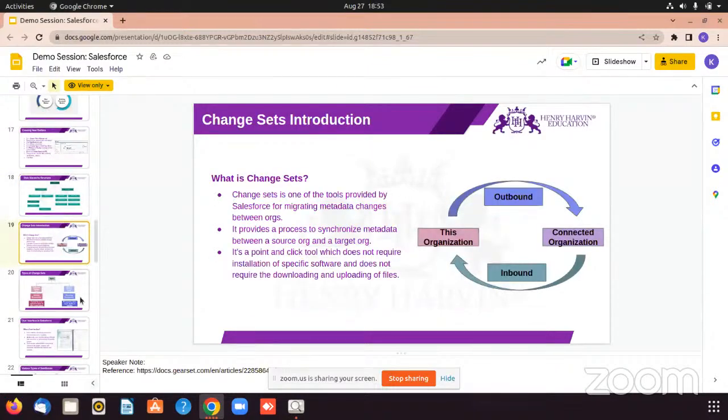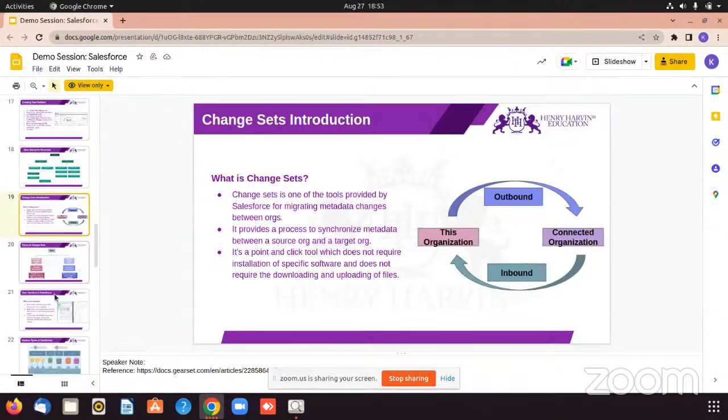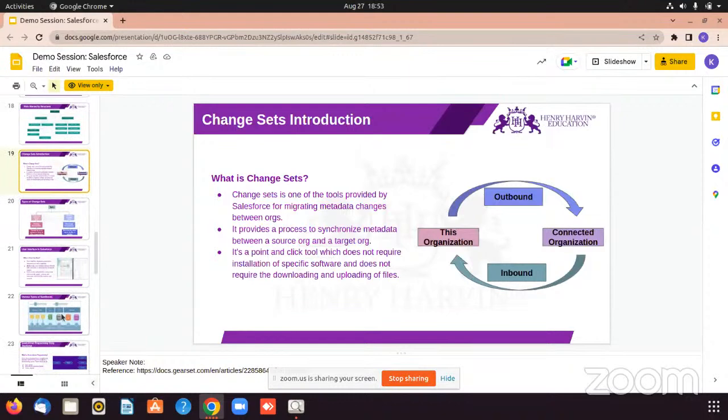Change set, a very advanced concept. Basically, why this is important, I will tell you. Because we do not do changes directly into the production environment, directly into the business. So we do things on the lower environment, smaller environments, and don't push those changes higher up to the production